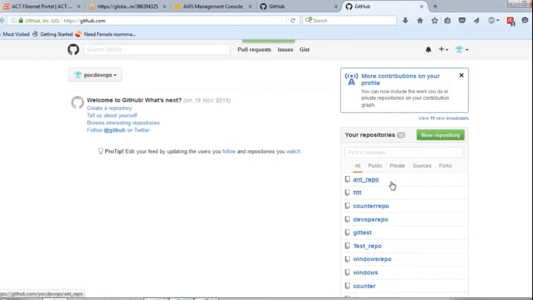Why do we maintain them separately? First, the code setting: each one is a different application. This application and this application both are different, and they don't have any dependency to be tied up together.